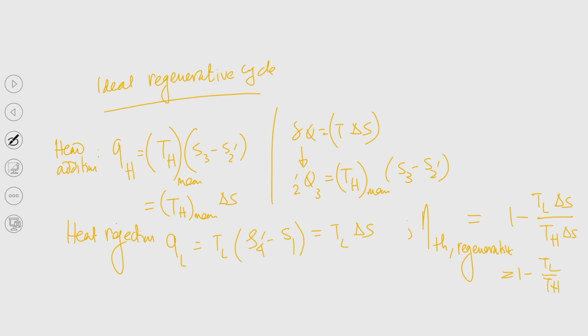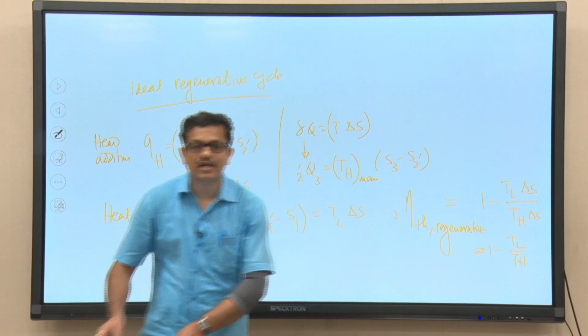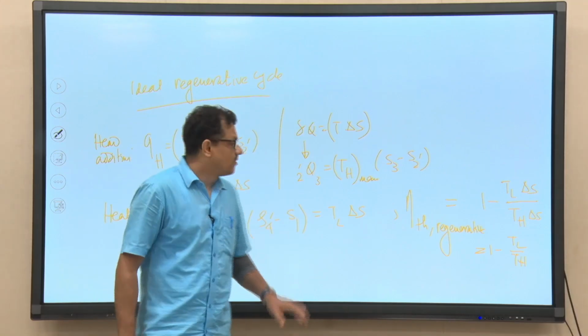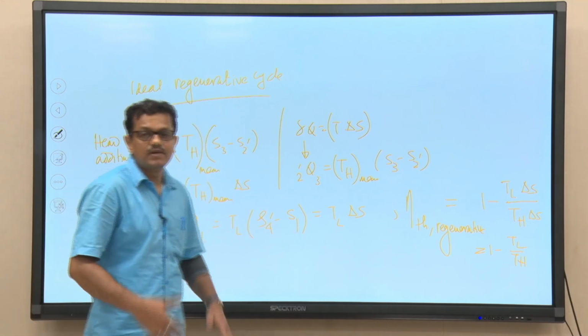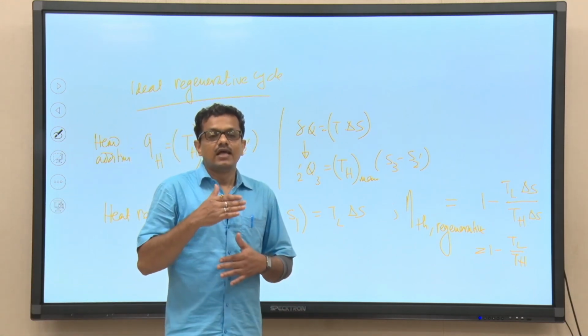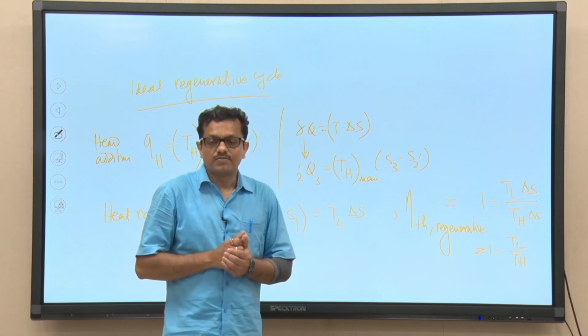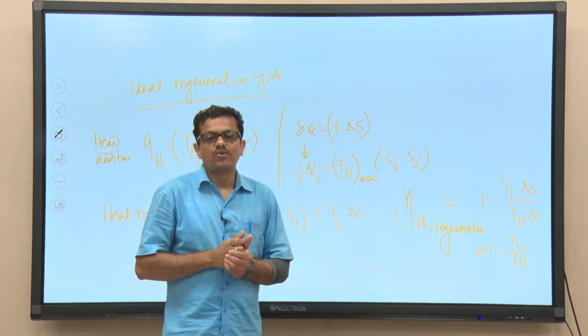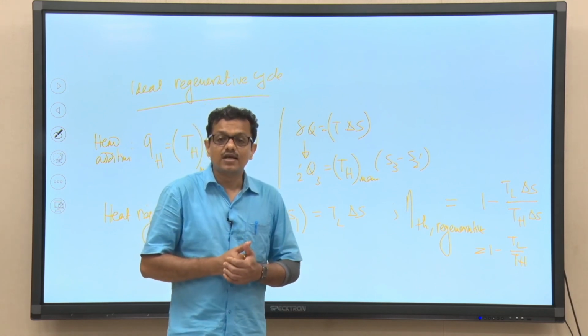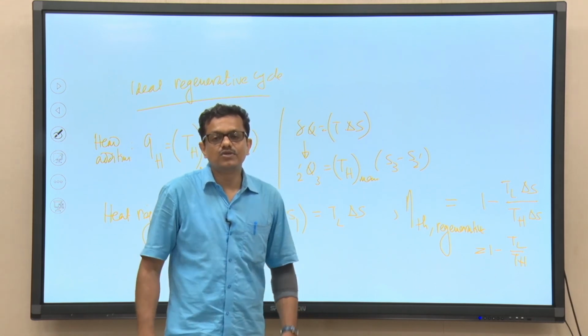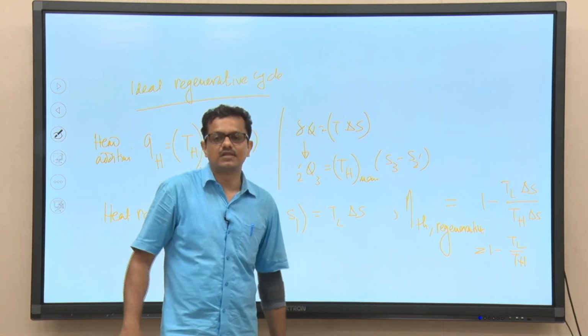So, we have been able to establish that only by having this regeneration we could increase the efficiency of the ideal regenerative cycle, and we could increase it up to the Carnot efficiency, right. This is what I wanted to discuss today. In fact, if we try to summarize, by doing this simple mathematical analysis we have established that by increasing the temperature of feed water before it enters the boiler, we can increase the efficiency of the cycle up to the extent of the Carnot efficiency.